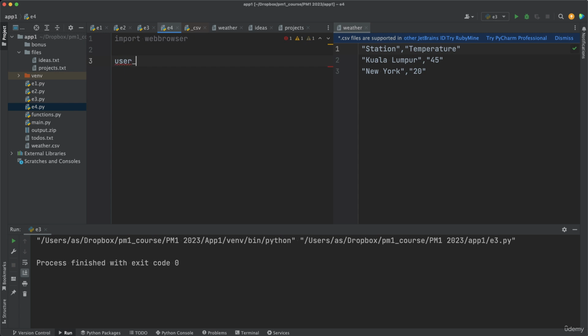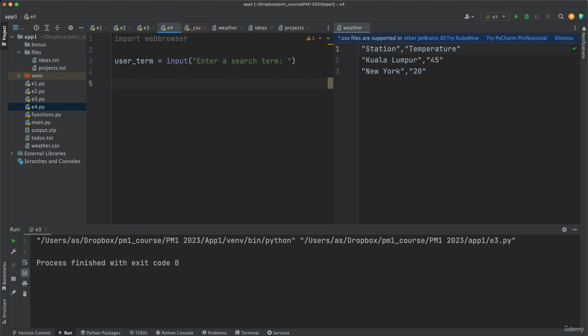So let's say we ask the user to enter a search term. Right, we get that search term, we store it in user_term as a string,